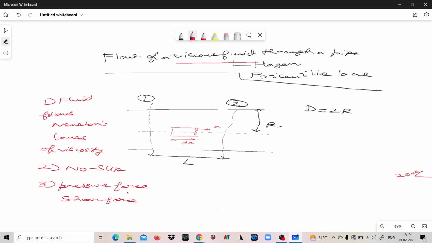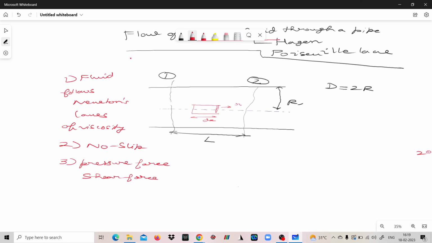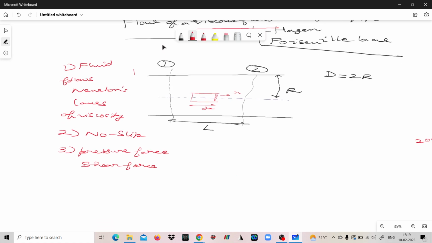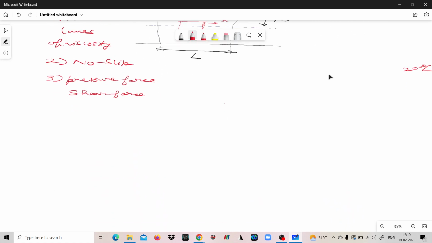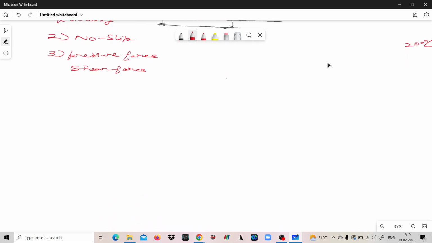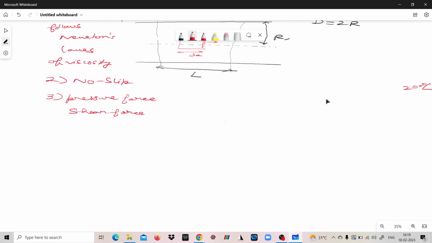Now the derivation approach that we'll be following here is basically the equilibrium of forces, or we'll try to solve it by Newton's second law of motion. The fundamental equation that we'll be using is Newton's second law of motion, or conservation of linear momentum. So if we apply conservation of linear momentum, then